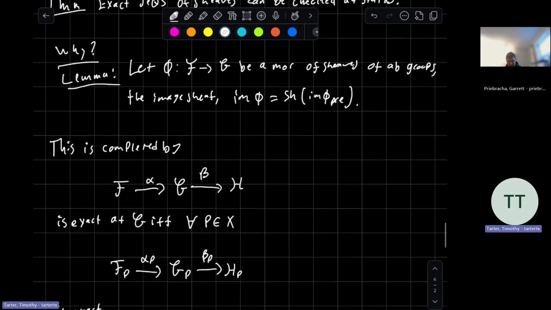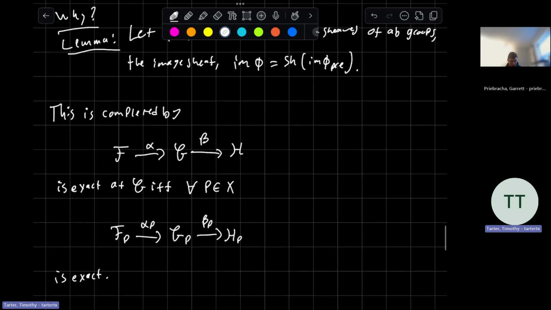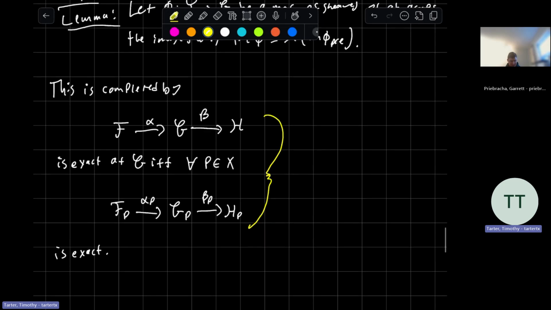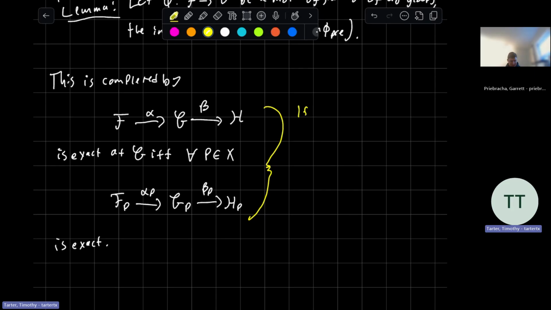So basically we have this thing, we use that to show this statement, which is sort of non-trivial, right? If we have exactness, we'll call this A dot, we'll call this A_P dot. If A dot is exact at G,